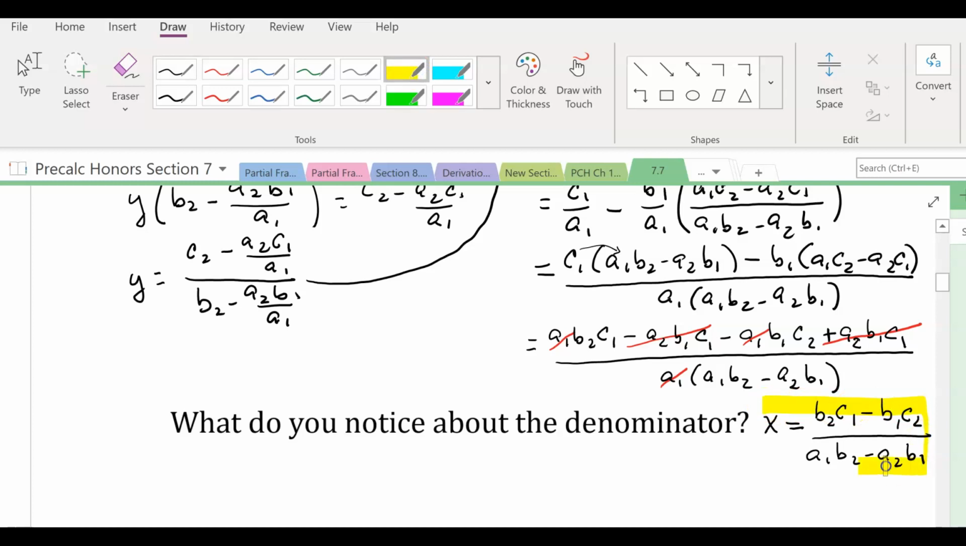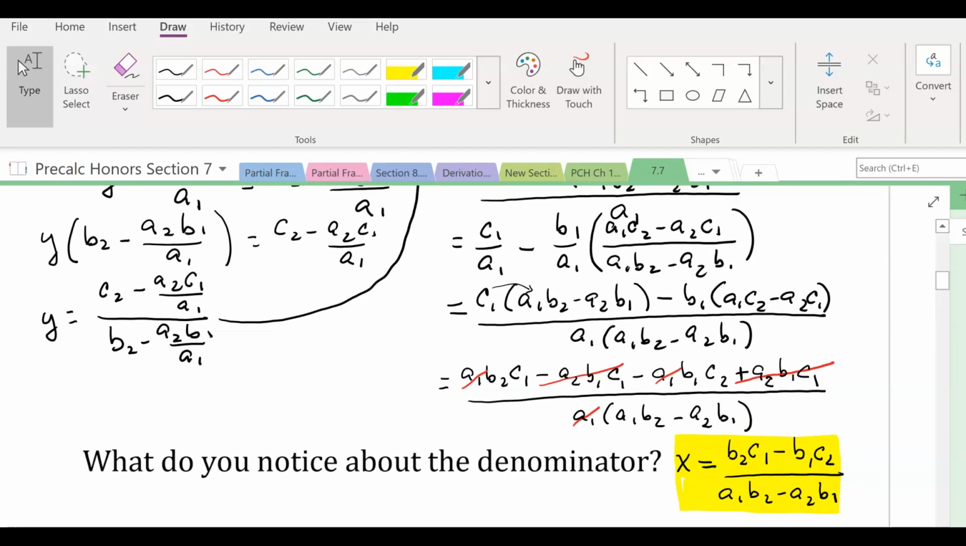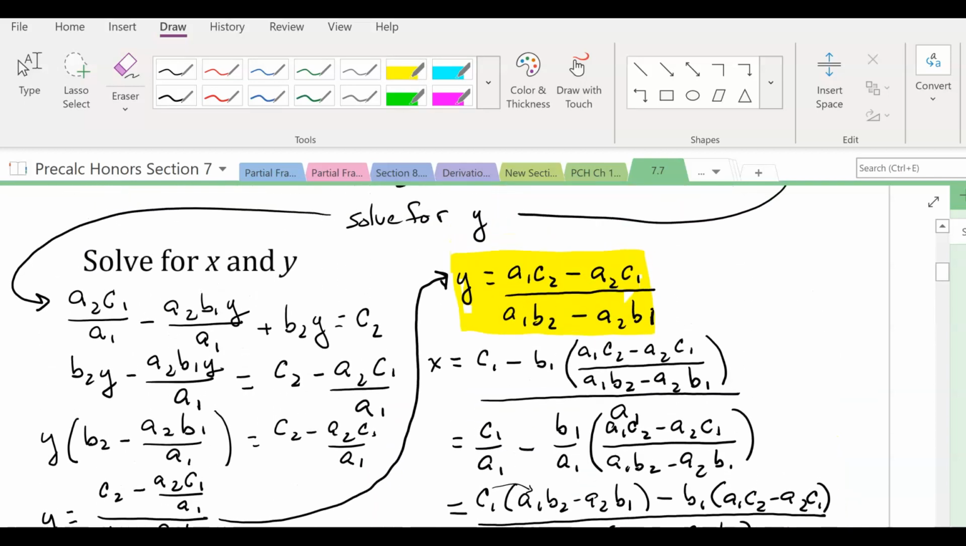All right, so again, this was a pretty long process to get to how this is related to determinants. But if we take a look here, let's look at the denominator of both my x and y values. For my x, I have a1 b2 minus a2 b1. And for my y, I also have a1, b2 minus a2, b1. So as it turns out, which we're going to discuss in just a moment,